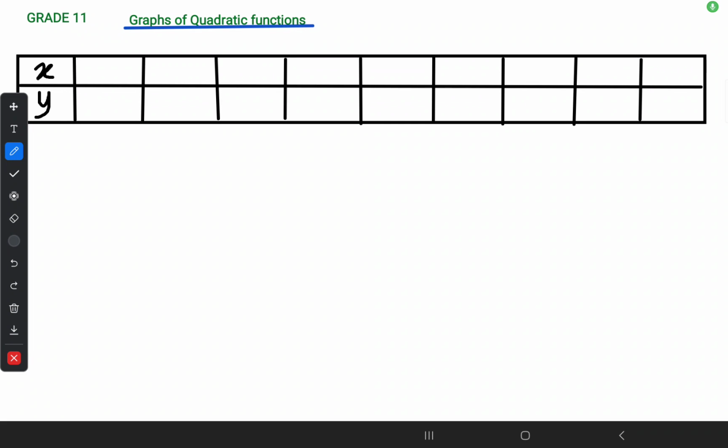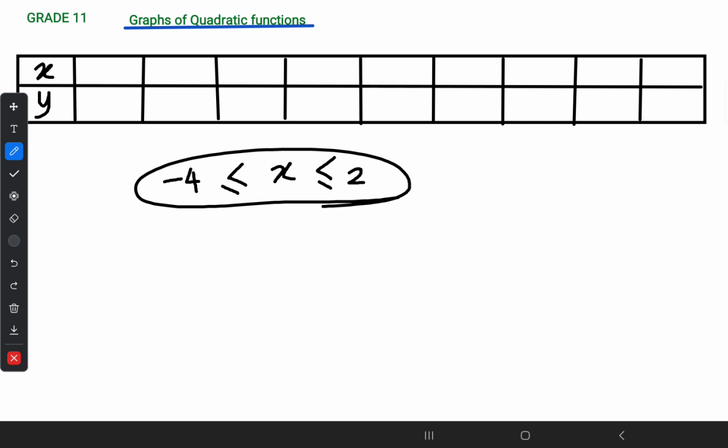In the previous example, I told you x is -4, -3, -2 likewise. Sometimes without doing that, in the question paper, they will give you a range like this. Okay? A range like this. What it means was x is starting from -4 until 2. You have to consider all the in between whole numbers. Starting from x is -4 until it reaches number 2, you have to consider all the whole values in between